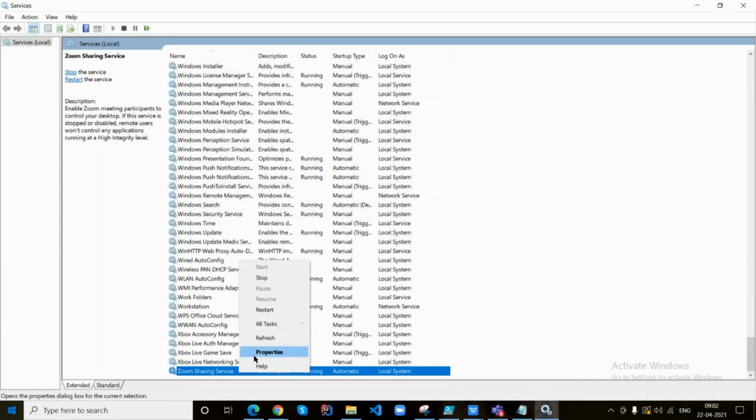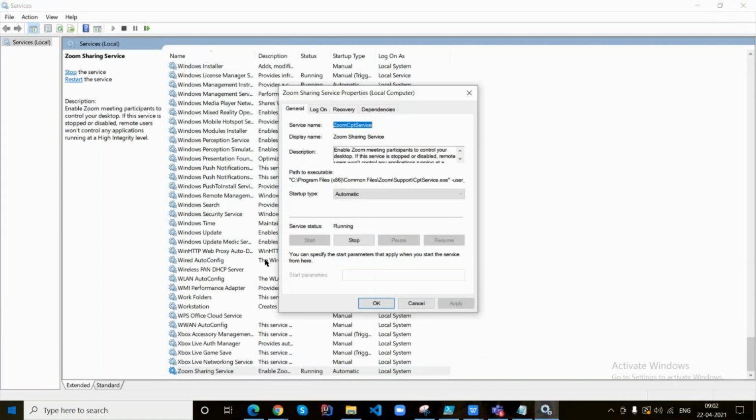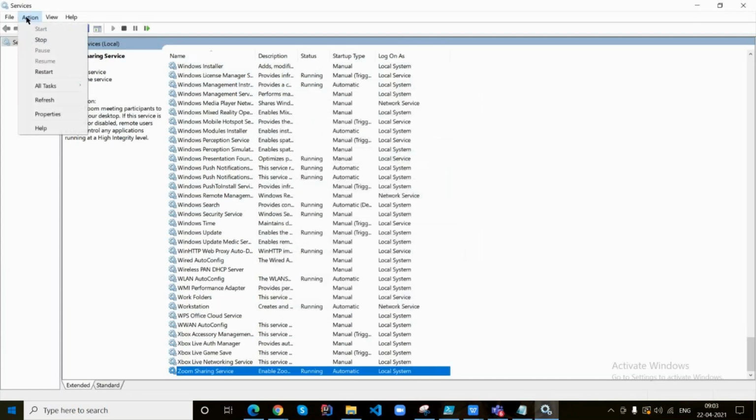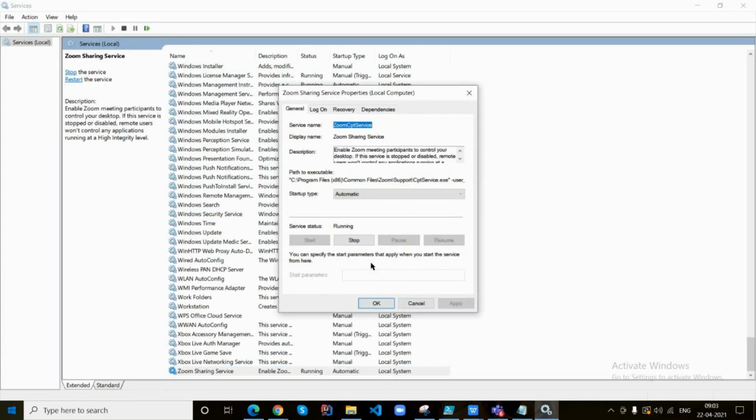Go to the service properties, please. Yeah, the service name is Zoom CPT service. And here I have another parameter. Just open the properties box once again.